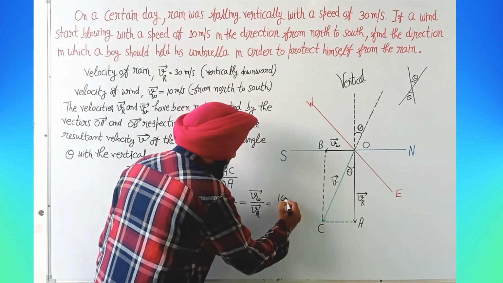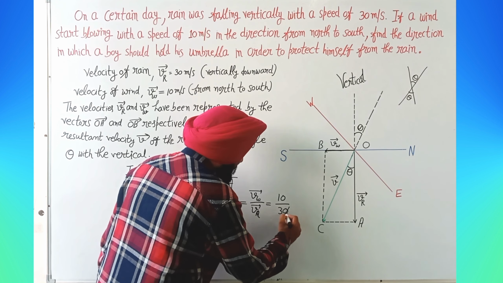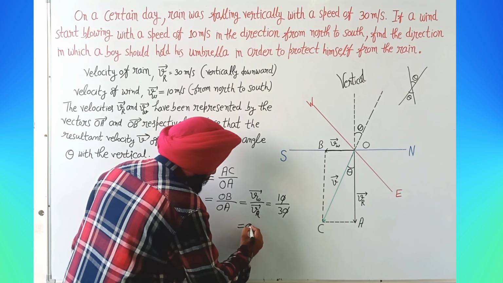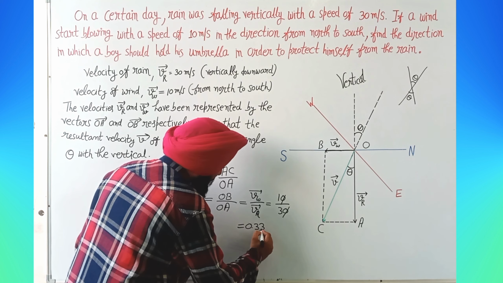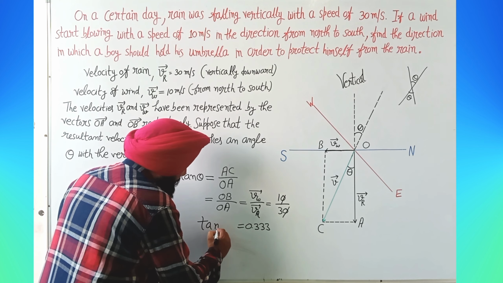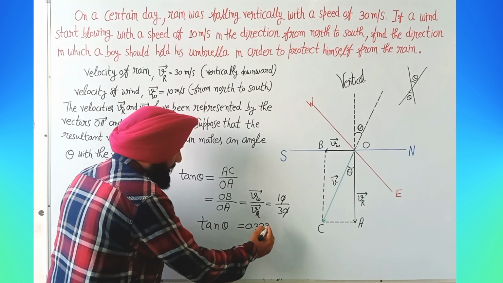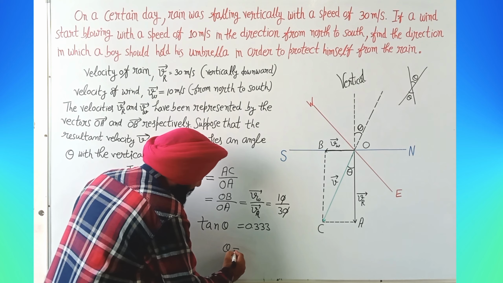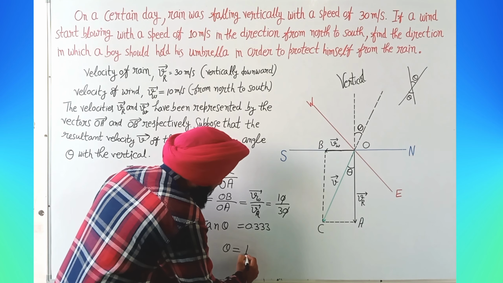Now this is 10 over 30, so 0.333 and so on. So tan theta equals 0.333, which means theta equals 18 degrees